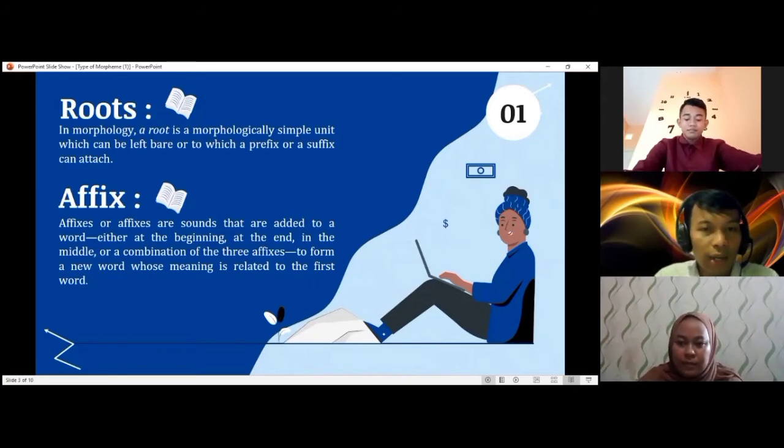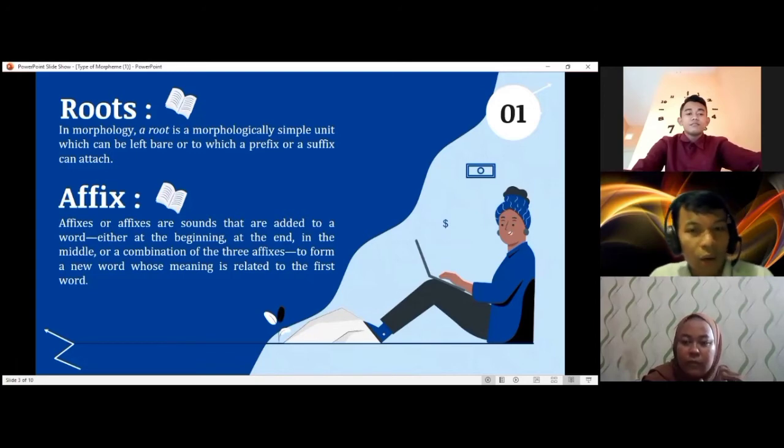Namely, the first one is some elements of the words are more central than others. The second one, root is the central morpheme or the key element to which others are added. And the last, roots have a lexical dictionary meaning, but some linguistic forms have a full meaning only when joined to other